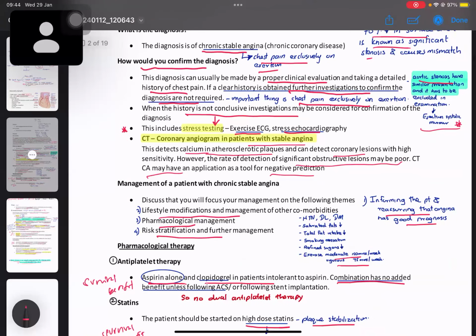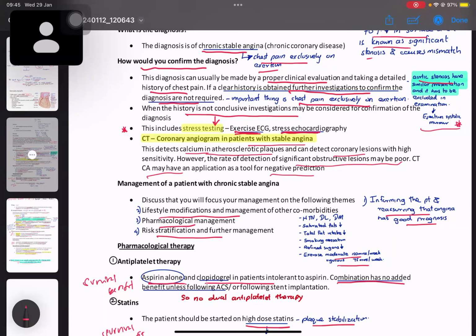For that, we usually check stress testing of the heart. For that, there are exercise ECG and stress echo. They will never ask how you will do the exercise ECG and how you will do the echocardiography. Those are key things that won't be checked in your ERPM exam. So there are the options exercise ECG as well as stress echo. Don't just tell ECG and don't just tell echo, because they expect a complete answer.